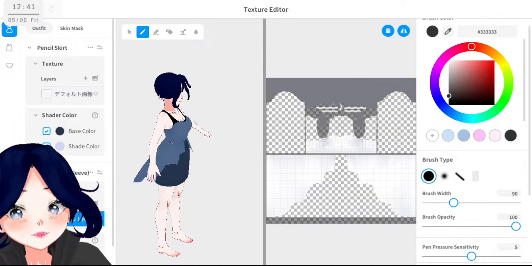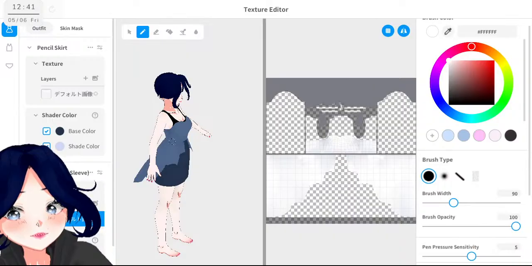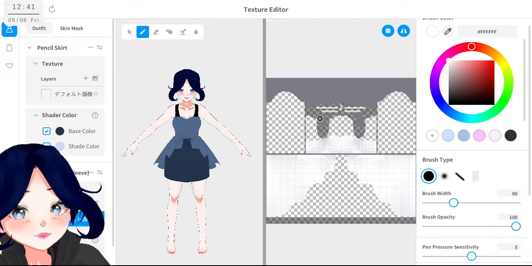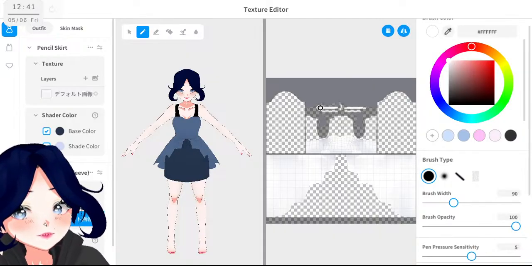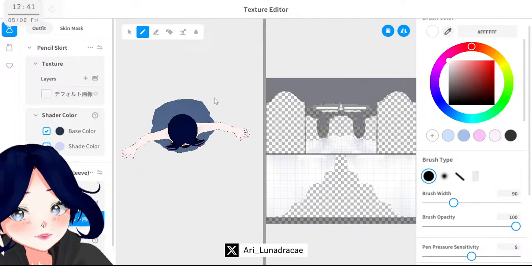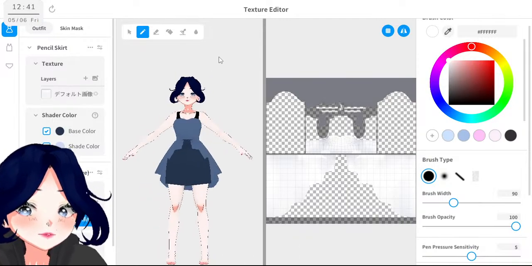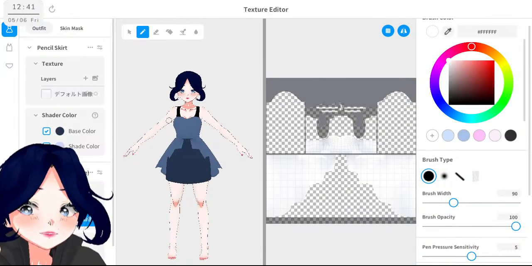Okay, and here in the brush. Oh, let's go with white so we can see this stuff. Oh, okay. This will be, that's it. Okay, so we have that and the top part.